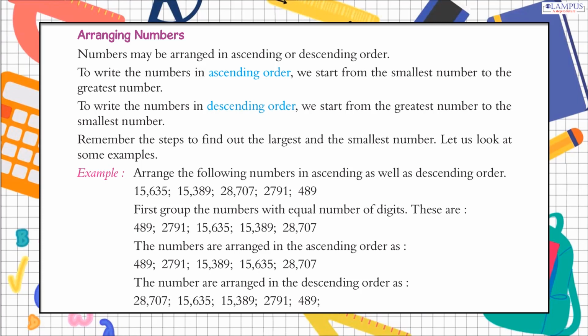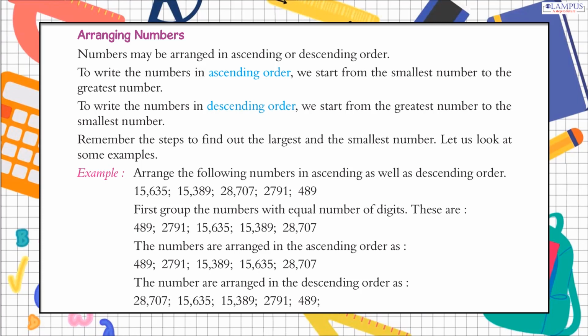These are 489, 2791, 15,635, 15,389, 28,707. The numbers are arranged in the ascending order as